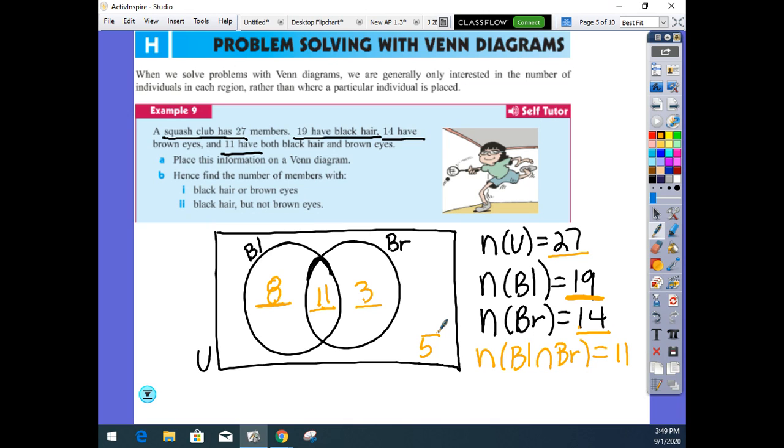All right, so now I have all of the Venn diagram documented. Now we can answer our questions. We're still looking for the number of black or brown, the union. How many do you have that are either black or brown? All right, so 8 and 11 is 19 plus 3